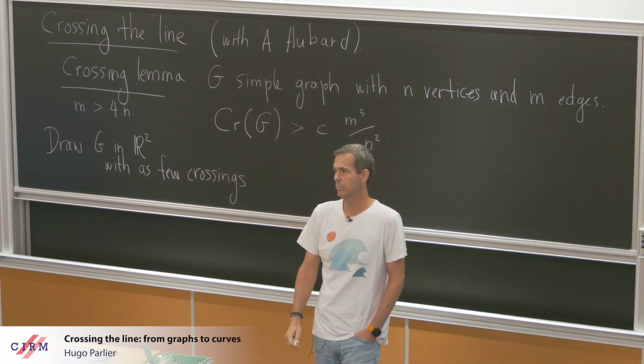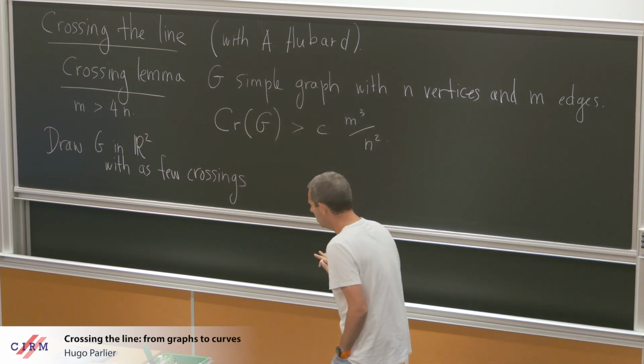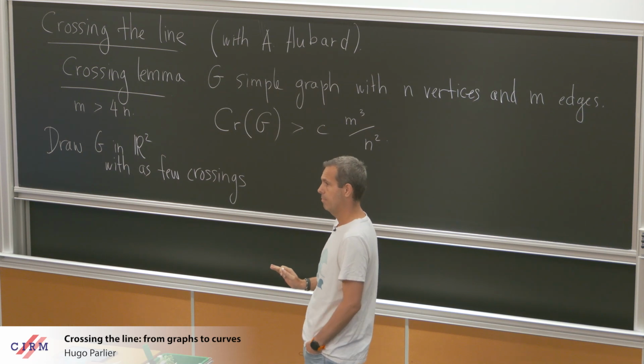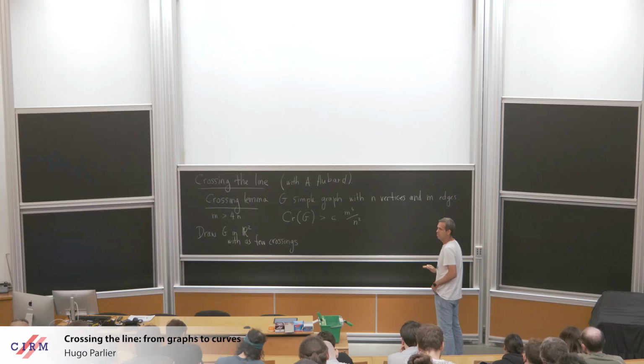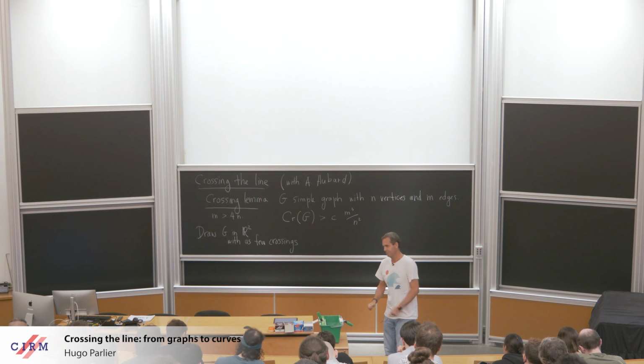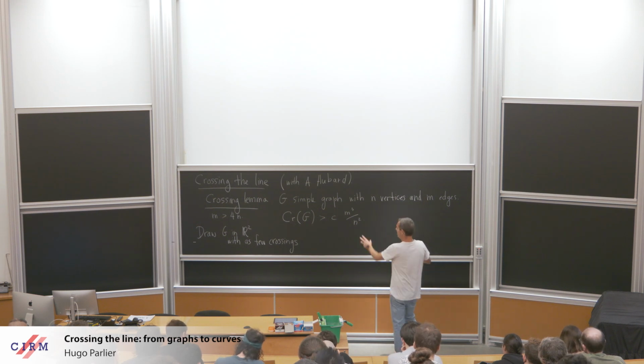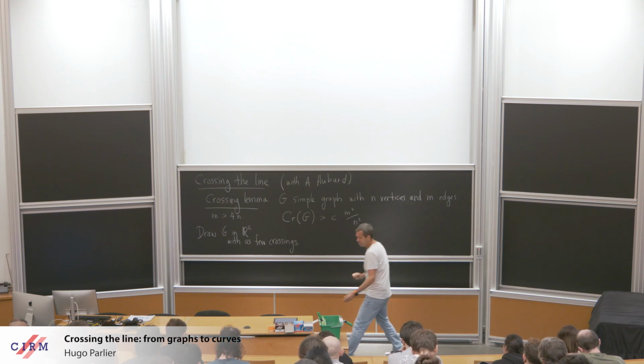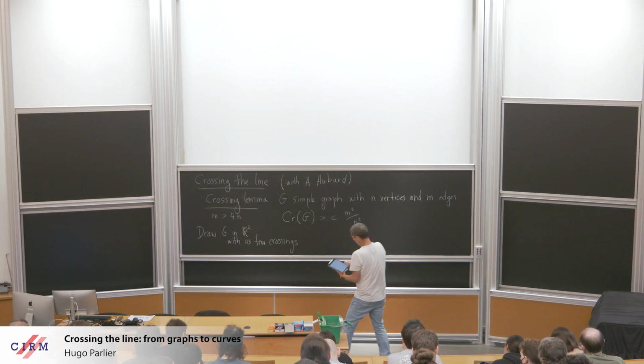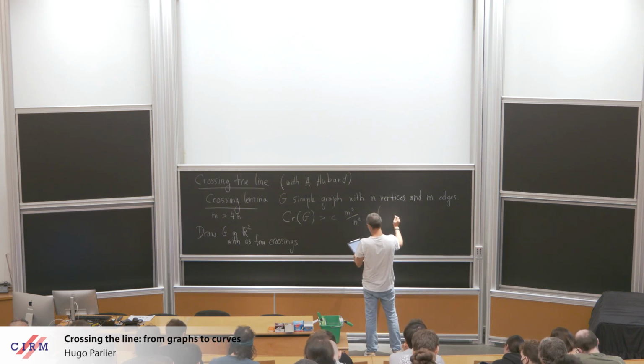This is not necessarily straight lines. Not necessarily straight lines. No. But you're already hitting at the heart of the problem here, so that's very good. Excellent. All right, so this is what the crossing lemma says, and it's due to a bunch of people whose names I will just diligently copy on the board.